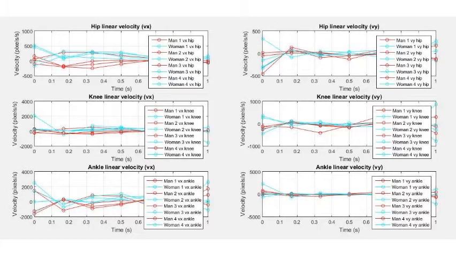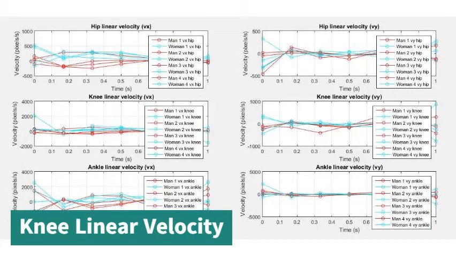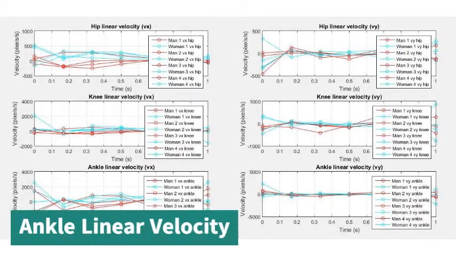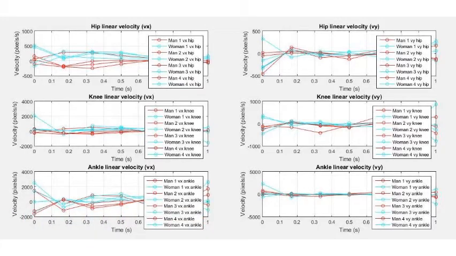0.50 approximately. In the knee linear velocity, the graphics tell us that our 8 subjects had a constant velocity in the x-axis, while the y-axis had little variations. This might be justified because at the moment of kicking the ball, our velocity is reduced by the opposite reaction applied by the ball. Analyzing the ankle linear velocity, we can notice how the velocity in the y-axis now has the constant velocity, while all of our subjects present many variations in their velocity